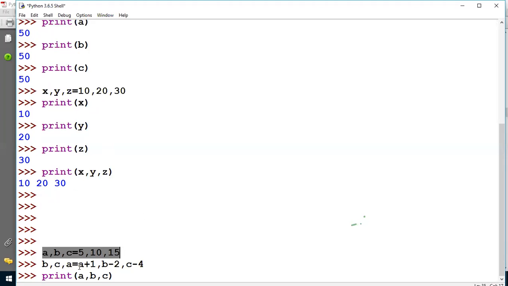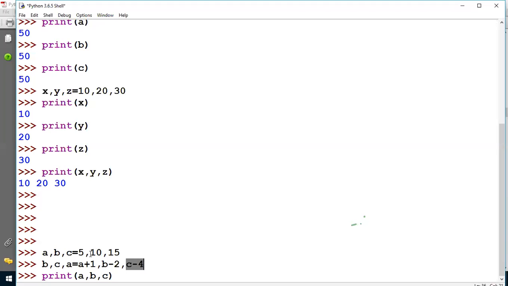According to this, in the next line, the value of a plus 1 is 6 because 5 plus 1 is 6. 6 is the new value of variable b. Means first value will be stored in first variable, second value in second variable, and third value in third variable respectively.